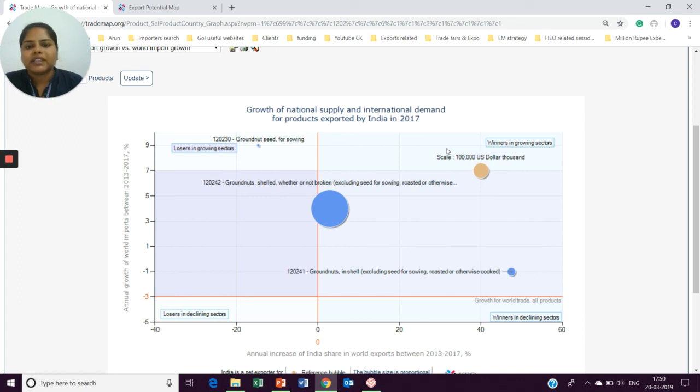So if you are clear on this, please type your key takeaway from this session. I'll meet you in the next session where I'll talk about the export potential map, how you can use the potential map, be it a market-based approach or product-based approach. I believe even at this stage, you would have narrowed down to certain products to be exported. Is it not interesting? I'm very sure that you can do the exports with great success.